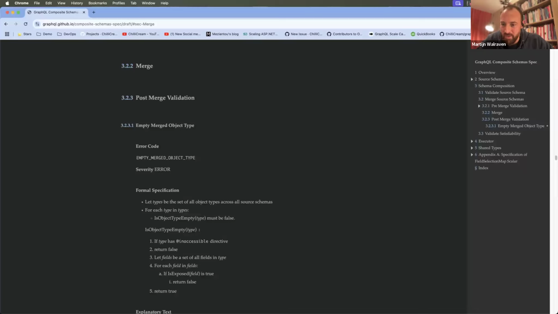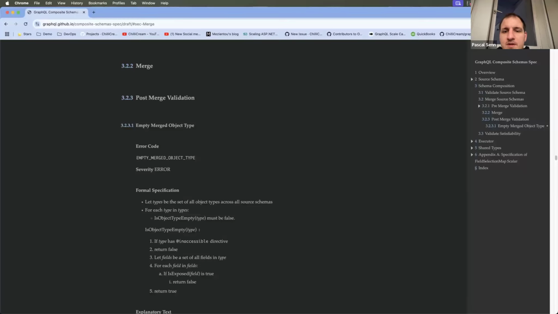But there are also situations where the merge cannot succeed. For instance, if on the same type there's the same field, but with a completely incompatible return type, there's no way we can actually merge those types. I think we structured it this way so that we have the pre-merge validation rules exactly for this.